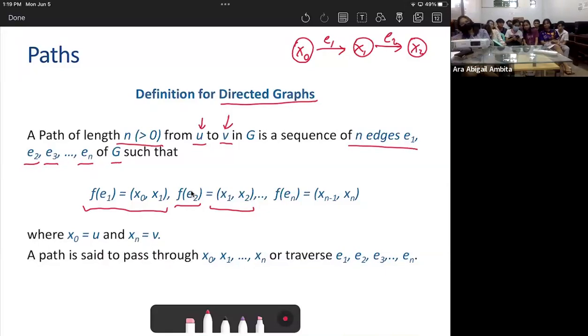Sige. Parang hindi kayo nakatulog. Math ba yung exam no? I see. So anyway,